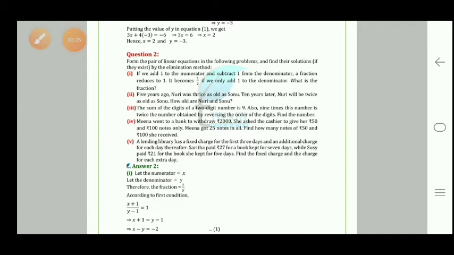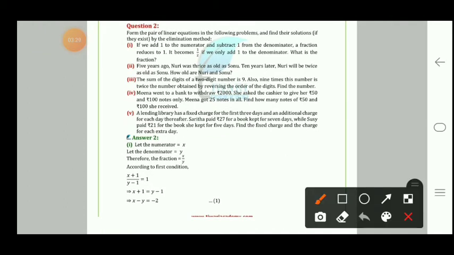From the pair of linear equations, the following problems and find their solutions if they exist by the elimination method. If we add 1 to the numerator and subtract 1 from the denominator, a fraction reduces to 1. It becomes half if we only add 1 to the denominator. What is the fraction? So let the numerator be x, denominator be y, so therefore the required fraction is x upon